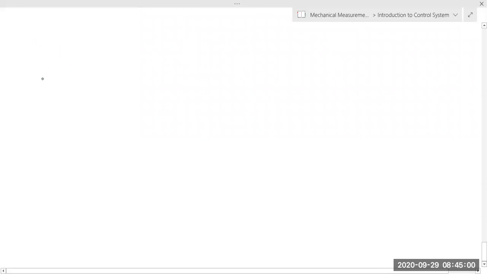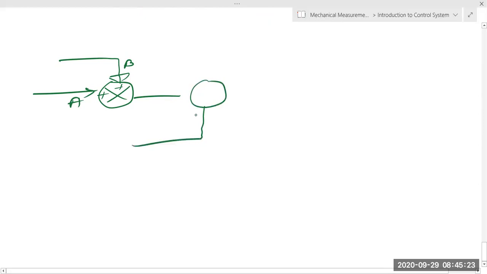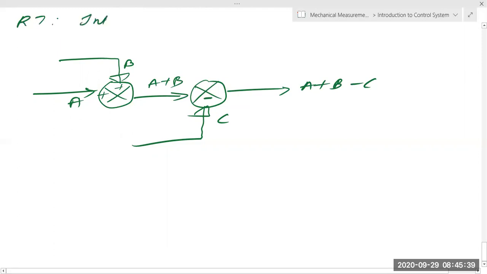Now one more thing that I would like to say, very simple things, we have already done all the complicated things. Suppose this is a signal A, there is a signal B, and both are getting added. That's okay, a summation point can add or subtract. And then after that we are getting another signal, suppose this is my signal C, and this signal is getting subtracted. So this will be A plus B, and then it will come to C, and this will give us A plus B minus C. If we want to interchange, rule number 7 is: interchange the summing point.